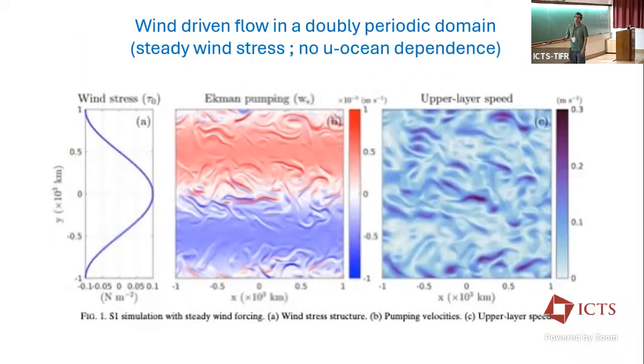So we did a doubly periodic domain, just an F plane, with a nice wind stress. Again, the wind stress itself is just a cosine or sine, depending on where 0 is. So it's eastward in the middle and westward on the ends, and it's periodic. And you see that you get this wave number 1 structure with upwelling here and downwelling here. So this is cyclonic forcing and anticyclonic forcing. But you also get, after the model's equilibrated, this structure that's